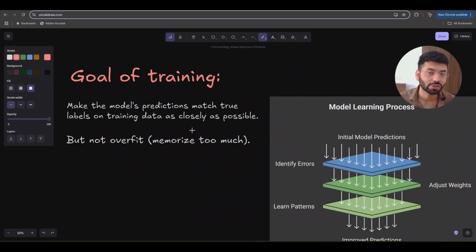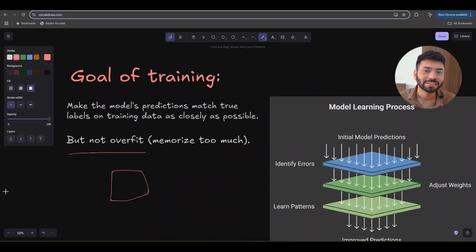Say for example, in case of emails, any new email comes, so your model is so well trained that it can tell with accuracy that yes, it is a spam email, when actually it was a spam email. But another point is that we do not want to overfit. What does that mean? That we don't want to memorize too much. So basically it should not happen that the model is just memorizing the things, right? It should learn the patterns, it should improve the fundamentals or the logics using which it can